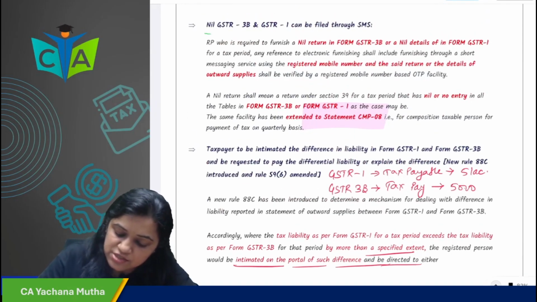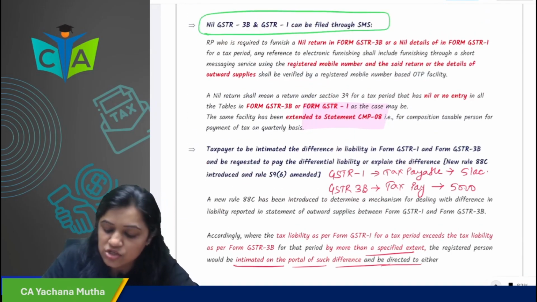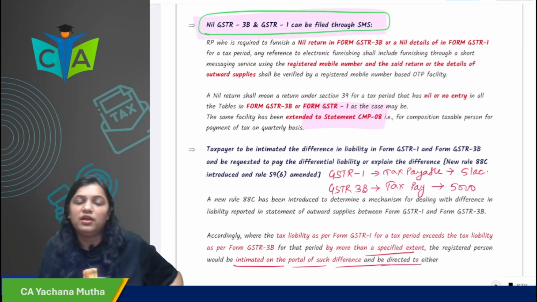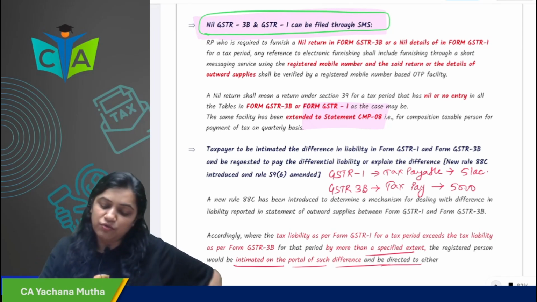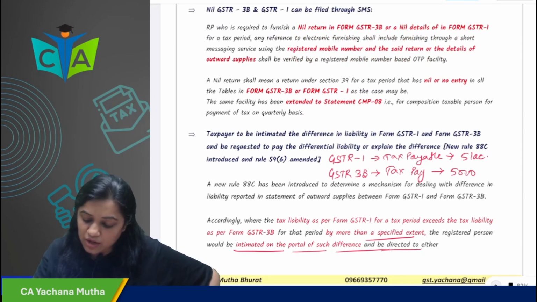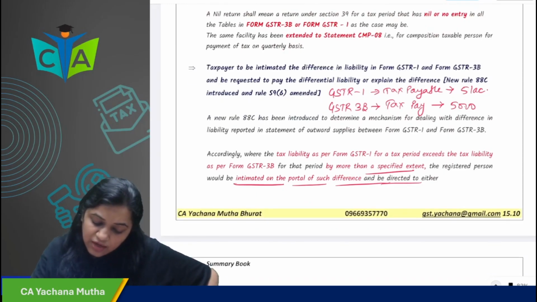Now, can you file nil GSTR 1 and 3B by SMS? Yes, there is a facility given. GSTR 1 and 3B nil return you can file through SMS also. That is not a problem. You can definitely file it through the SMS. Okay. Next,